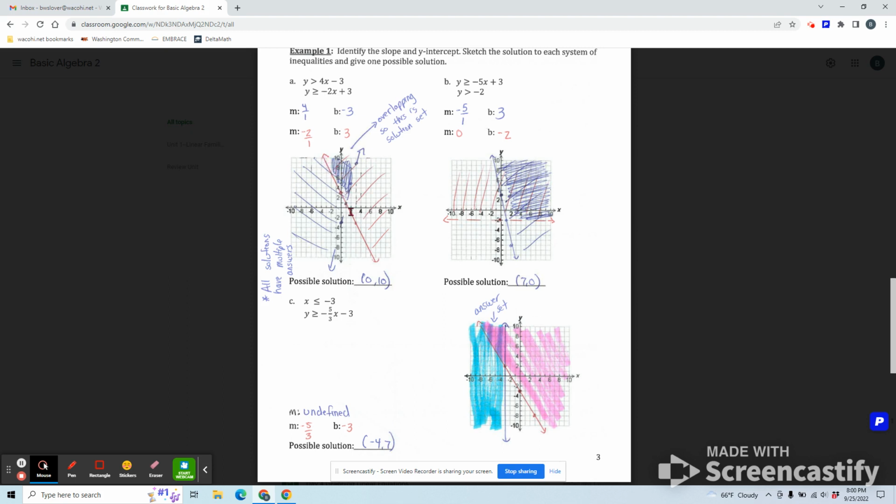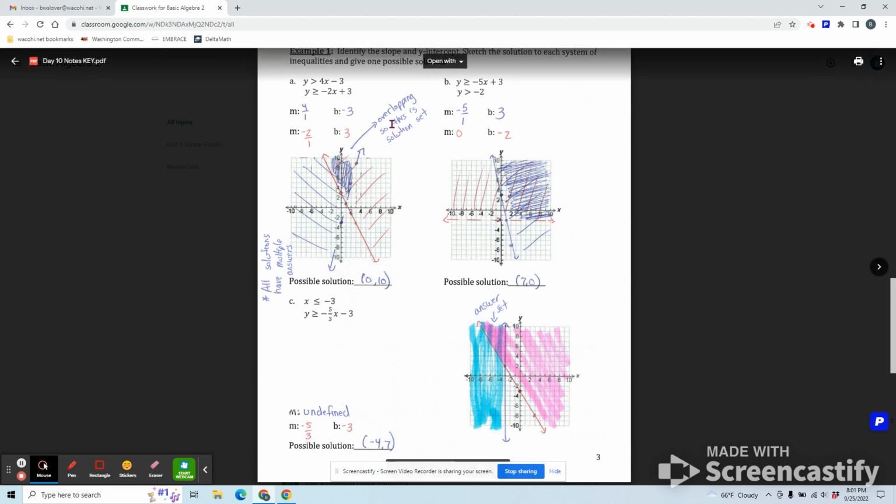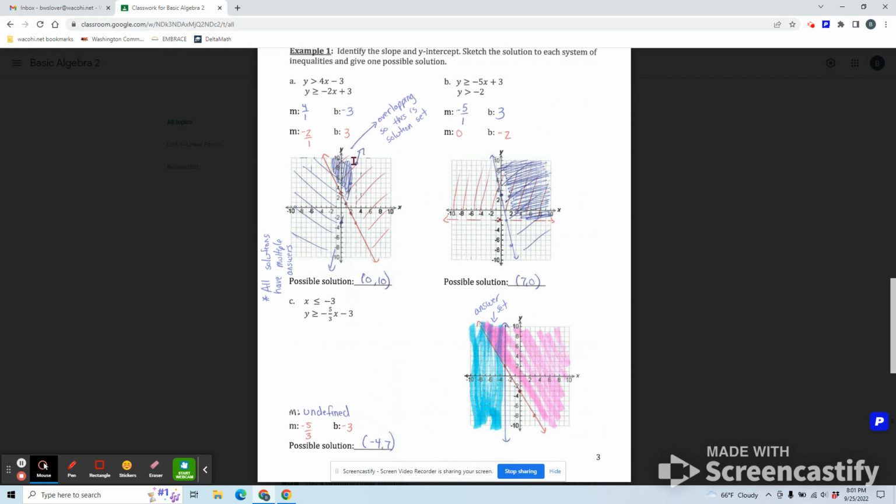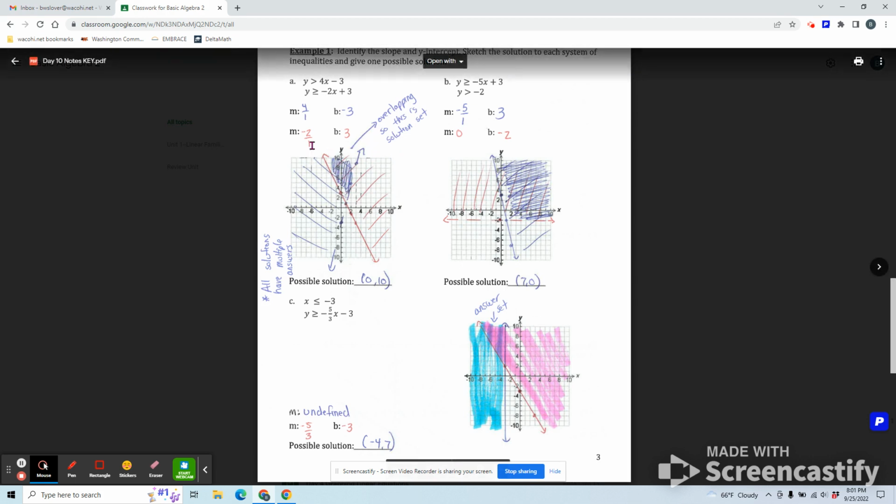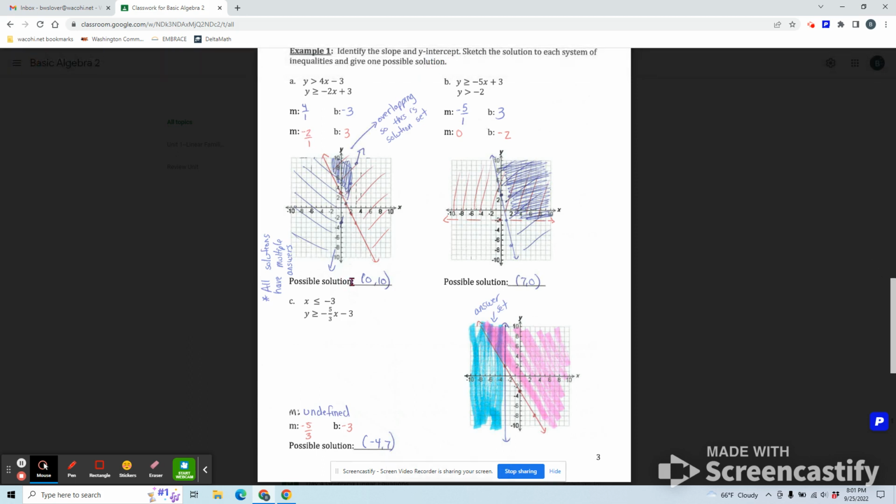And it says greater than. So once again, I'm thinking that this is the tree. My greater than numbers are always above my tree. And then right here is where they overlap. So overlapping, this is my solution set. Everything in here, and remember, this graph keeps going infinitely up and to the right and up and to the left. So a possible solution is anything that's in here. I just chose (0, 10). There is an infinite amount of possible correct answers,